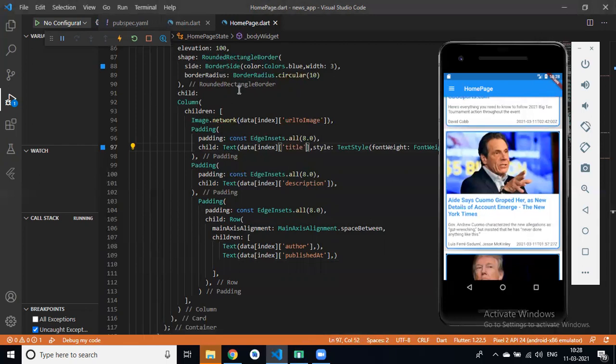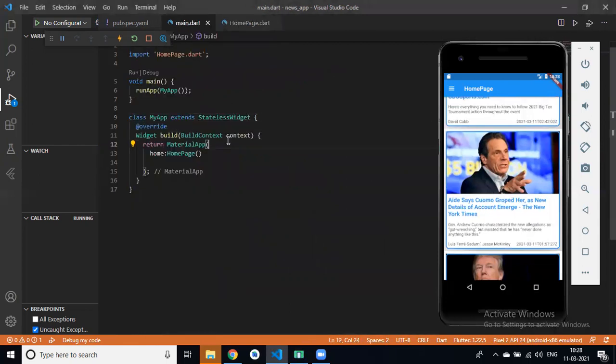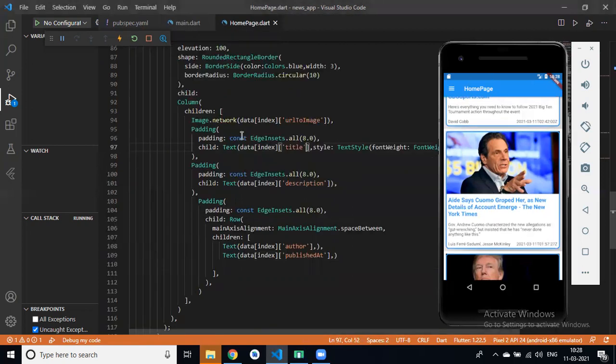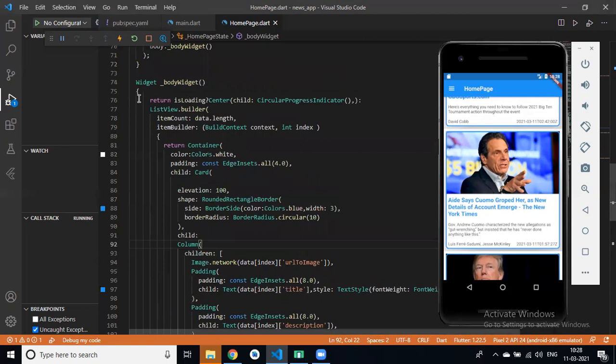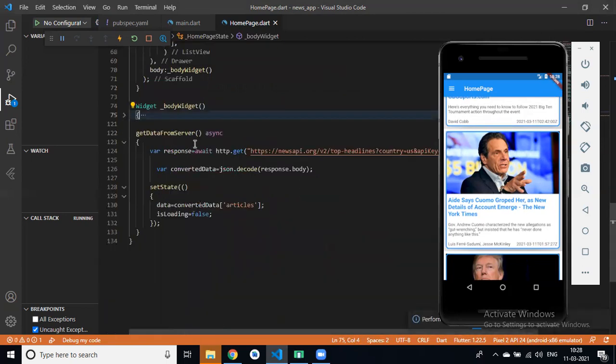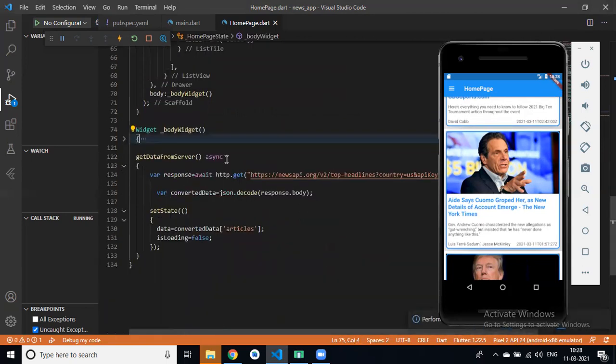So first, I have to remove this debug check mode banner, set it to false. Then in the home page, now I have closed this, get data from server.